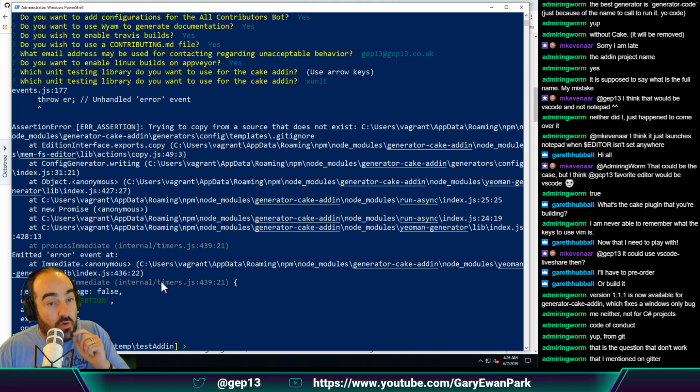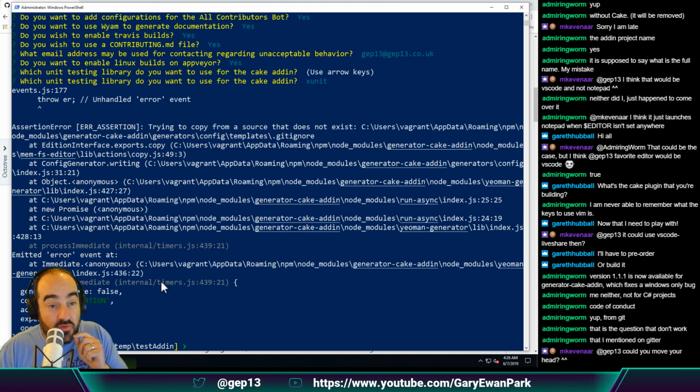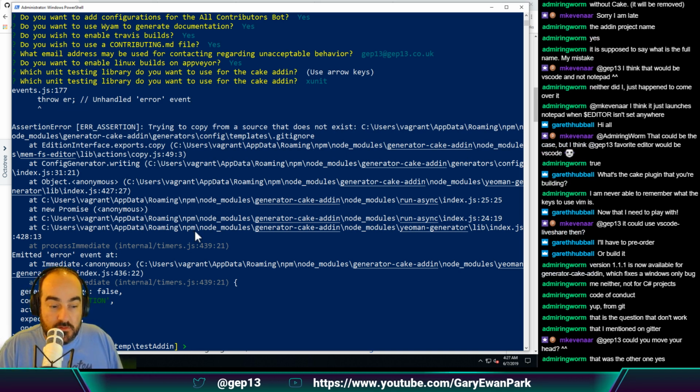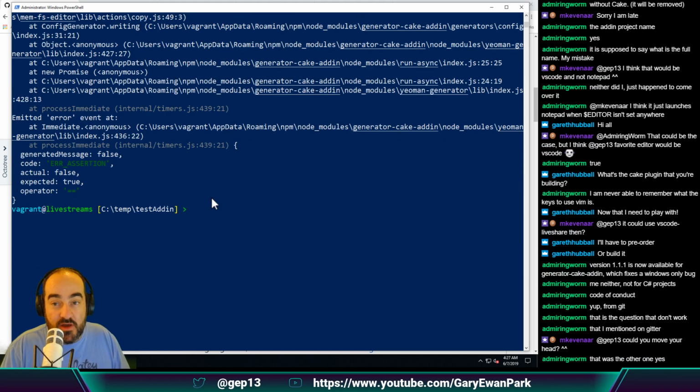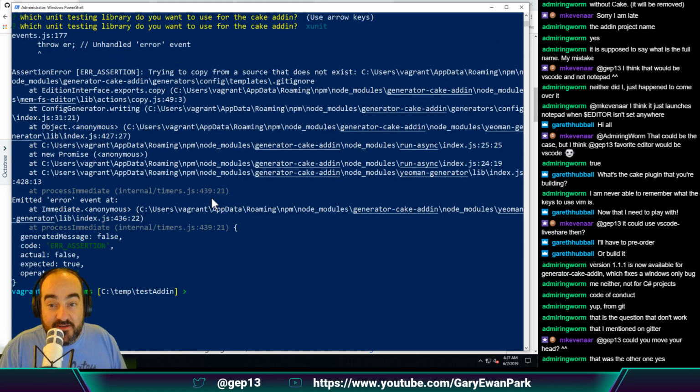So it was specifically having an error with copying dot files. This is the error that Kim mentioned to me on Gitter just before this. So it was having an issue with copying dot files because